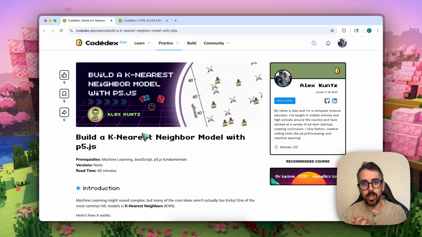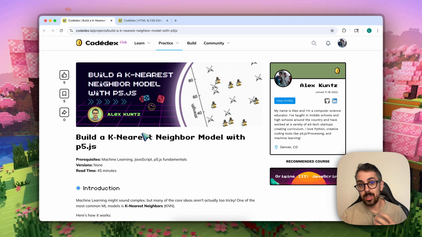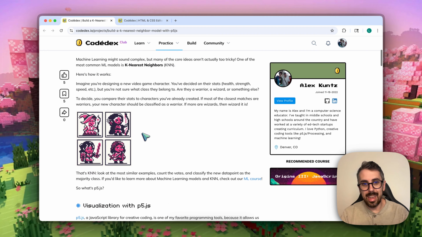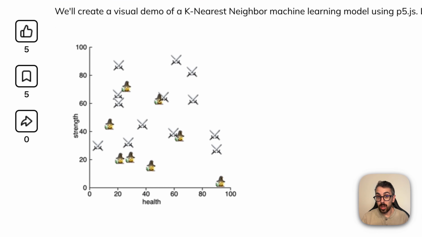Alright, so what are we doing in this project? We are going to use one of my favorite libraries, p5.js. It's a JavaScript library for visualizations, to build a visualization for the K-Nearest Neighbor machine learning model. What does that actually mean? This GIF is what we're going to be working towards in this project, and this is the machine learning model